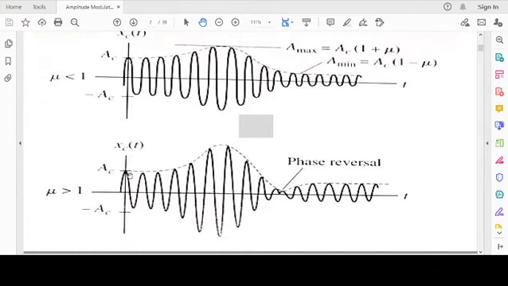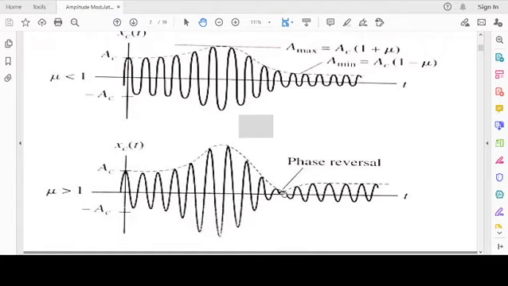For mu greater than 1, this is interesting. The maximum value and the minimum value, definitely there is a 0 crossing because mu is greater than 1. Henceforth you see over here, this is the message signal, which is actually the envelope, would be something like this. This crosses 0 and goes in this direction. But if you directly observe this signal without going into the details, you would see that the envelope would look something like this, which is not the actual message signal. So there is this tiny bit of phase reversal present for mu greater than 1. That means over modulation. That denotes that you have over modulated the signal.